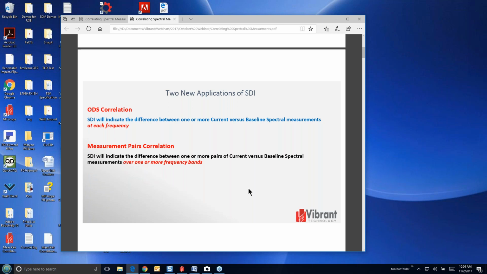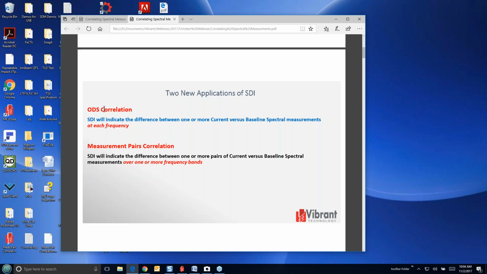We also have that in MEscope, and we use that for comparing two mode shapes, or two ODSs, or two sets of complex data that we can define as a shape. SDI is very similar. It has slightly different properties which we like, and you'll see the applications here today where we use it. And MAC would work also, but SDI has, well, we'll just look at the details here.